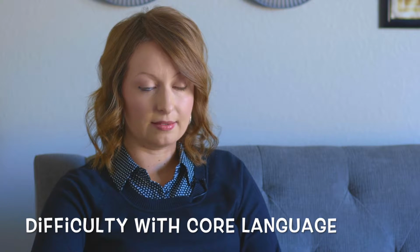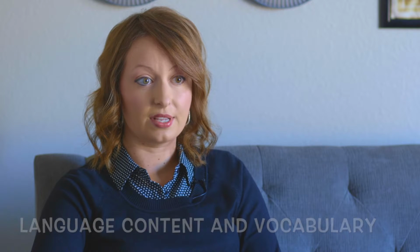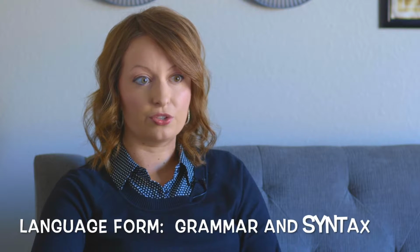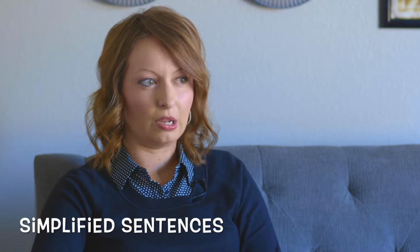question. Some kids with autism have difficulty with just those core language skills. The content of their language, their vocabulary isn't where it should be. They're not able to understand language presented in their environment. Those things can be hard. They also have difficulty sometimes with the form of their language. So that refers to like grammar and syntax. Their sentences are simplified. They're not able to communicate things in a way that we would expect for their age